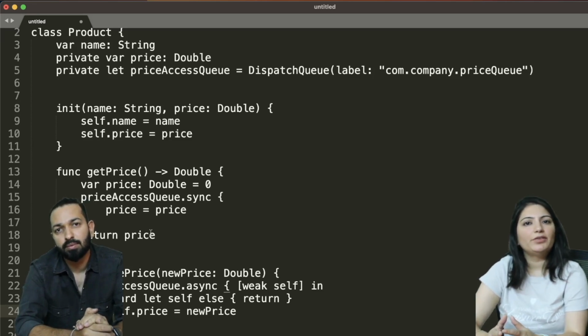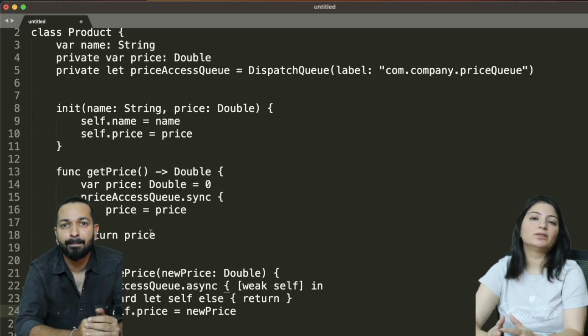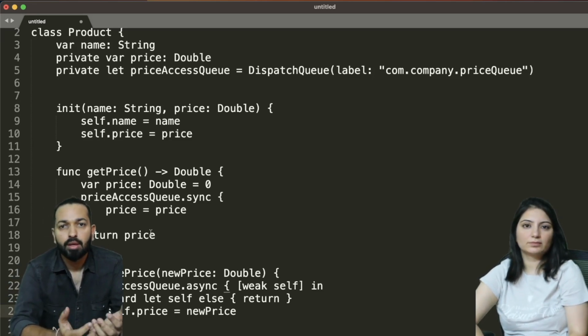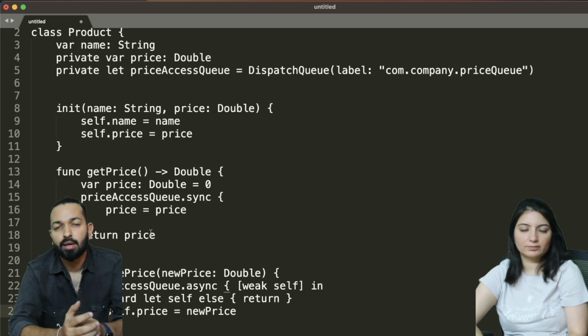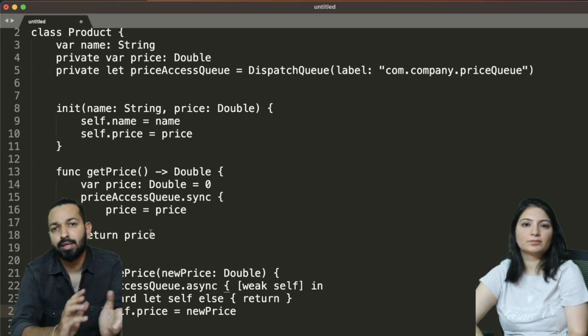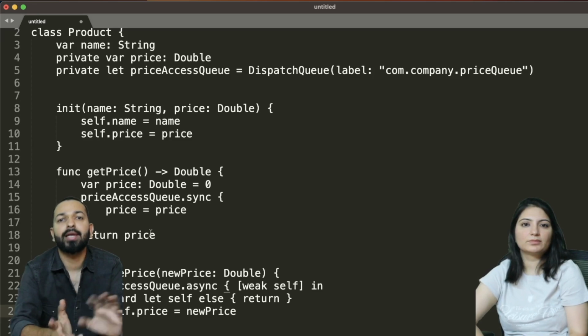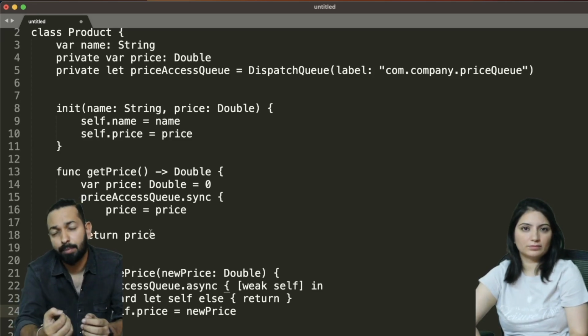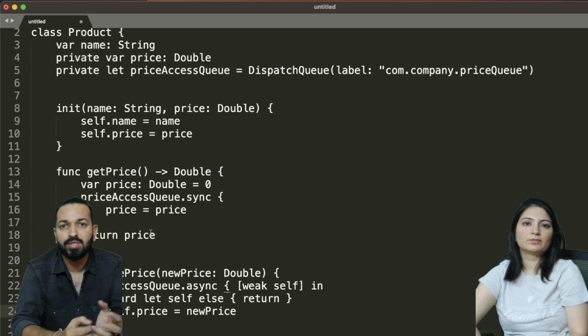Okay. And why are we reading the value in a sync block but writing in async? Right. So the decision to read the value within a sync block while writing it in an async block is based on a trade-off between different requirements. So reading the value within a sync block ensures that the value is read atomically, meaning that no other thread can access or modify it concurrently while the read operation is in progress. This way we also get a guarantee that the value returned by the get price method is the most up-to-date value at the moment of the read, which is essential when we want to ensure data consistency in a